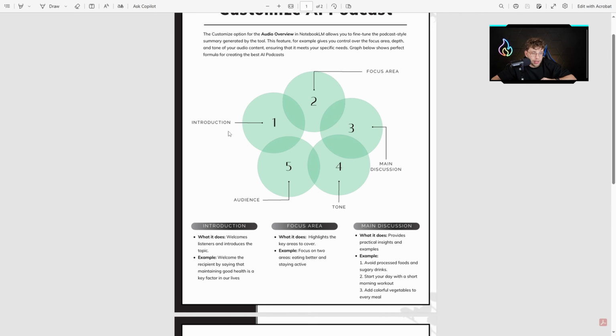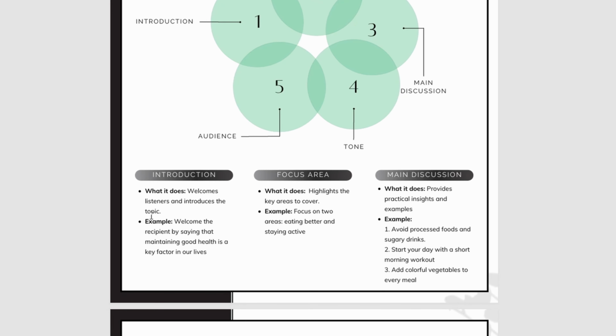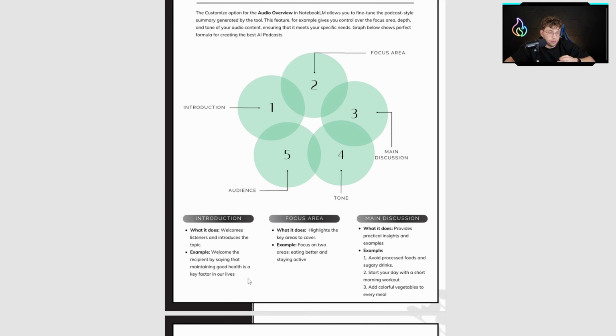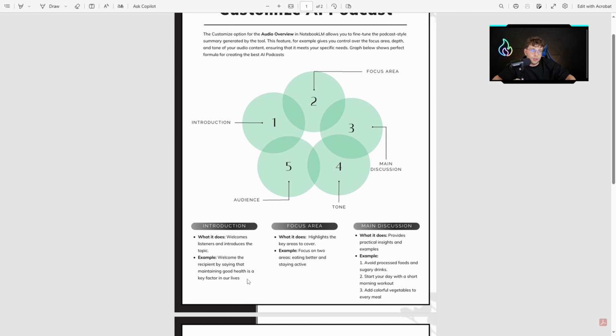Let's start with the introduction. Here we provide the introduction, so we indicate what should be at the beginning. You can read here what it does: it welcomes listeners and introduces the topic. So here, for example, welcome the recipients by saying that maintaining good health is a key factor in our lives. All of us know that the hook, the first 30 seconds, is very important. That's why we are providing our introduction. So we are indicating, hey, say this,